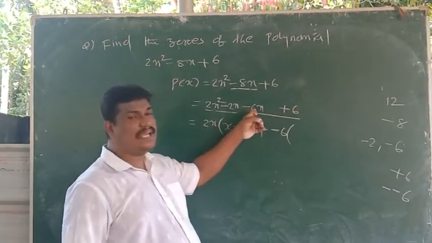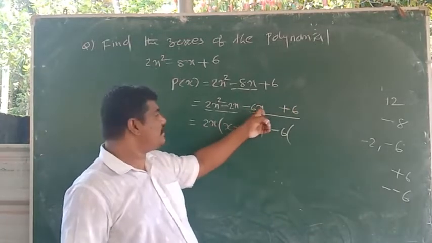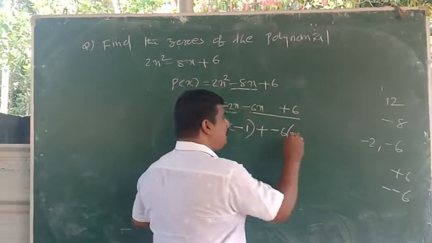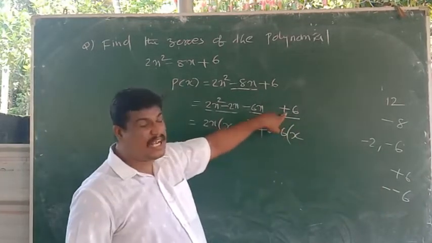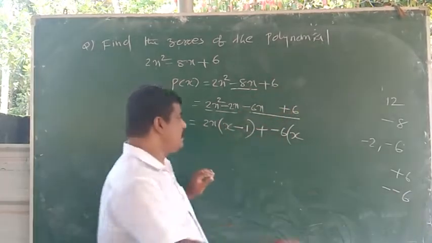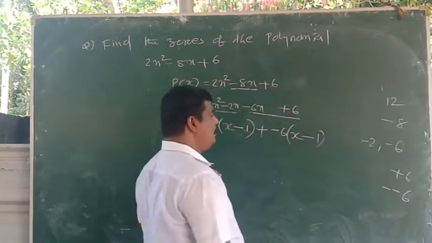What is the balance here? Minus 6 is put outside. What is the balance here? Here x. What is the balance here? Minus 6 put outside. What is the balance here? Plus 1 or minus 1? Yes, here minus 1. Okay.